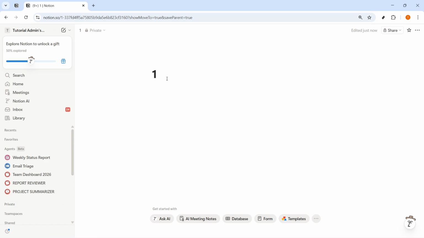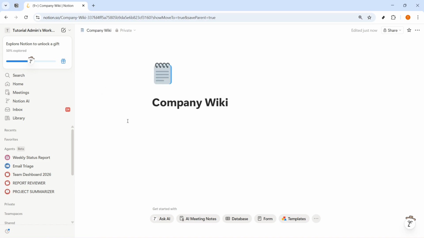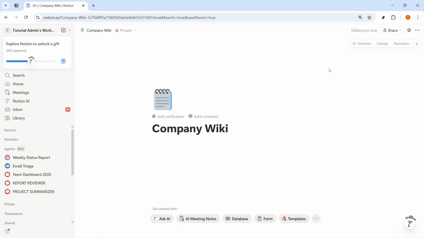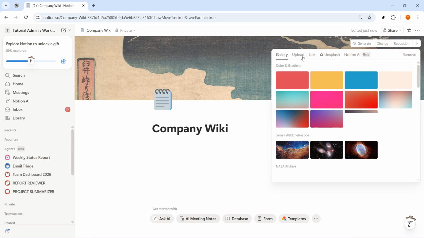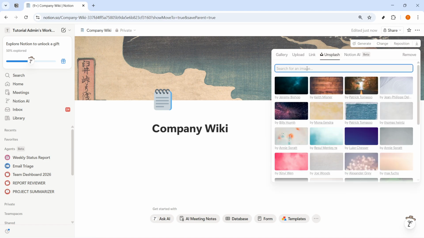When the new page opens, give it the title Company Wiki. If Notion shows a placeholder title or you type something else first, just replace it so the page is clearly named Company Wiki. This will be the main hub for your internal knowledge base. Right below the title, click Add icon and choose any emoji that fits your workspace. After that, click Add Cover and pick a header image you like. This part is optional from a functional standpoint, but it helps the wiki feel more polished and easier to recognize